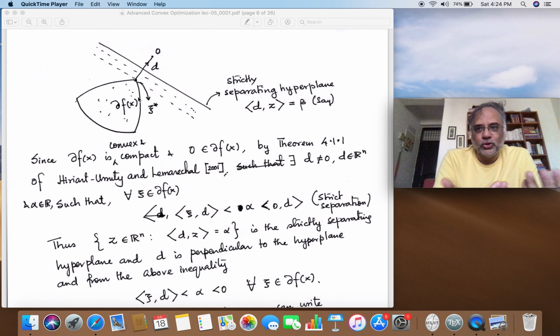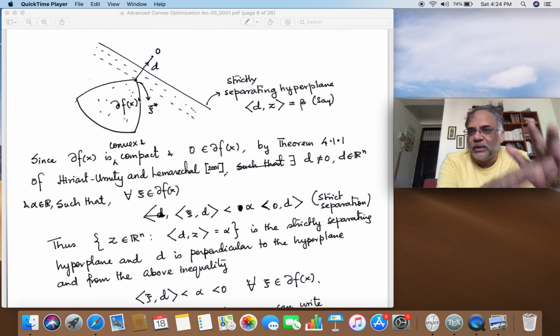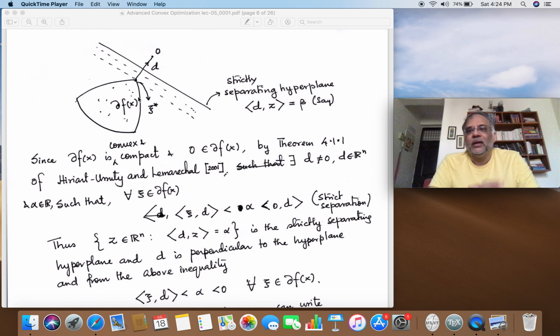There is another approach to this which will come in the next part. That is where we don't use all this subgradient idea, but use the Max-Min theorem, the Max-Min idea, to come to the same conclusion. But that would be mathematically more stepwise, which is due to Demyanov and Rubinov, and that we will do in our next talk.